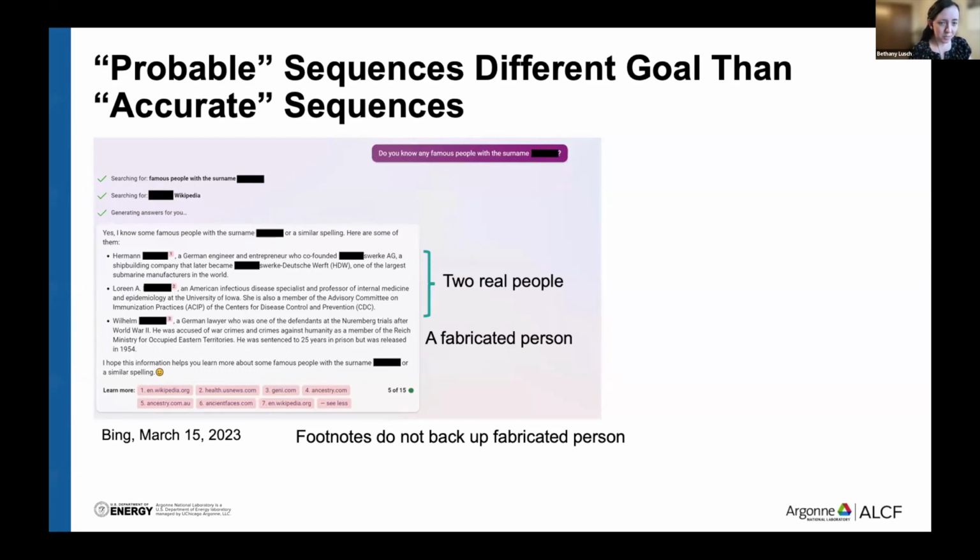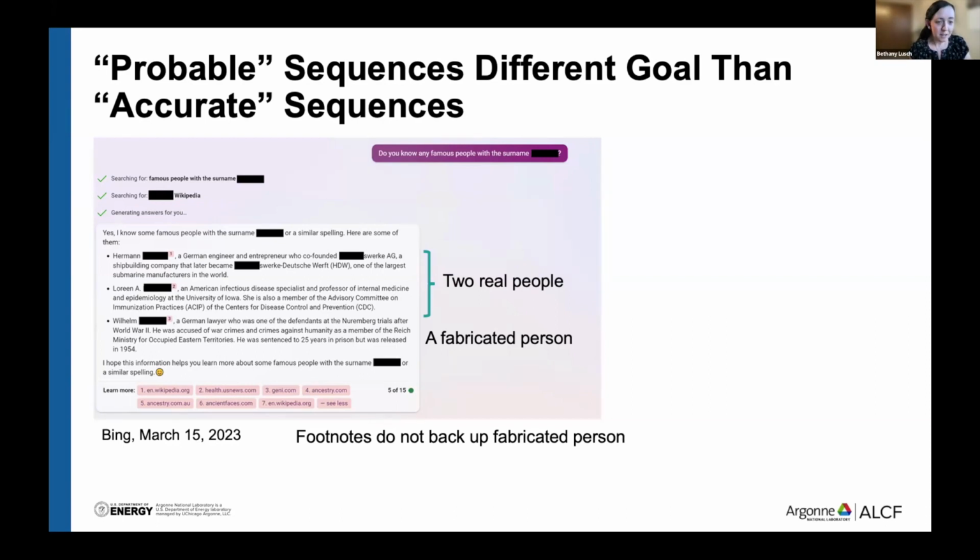Now, the first one is a real person with a similar last name, but different. The second one is a real person in my family. And the third one is just a fabricated person who's a Nazi. So the name that I put in there sounded German, and it just puts together like a probable, like, oh, it seems reasonable. And this was really